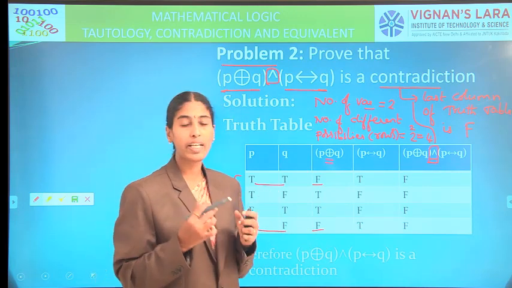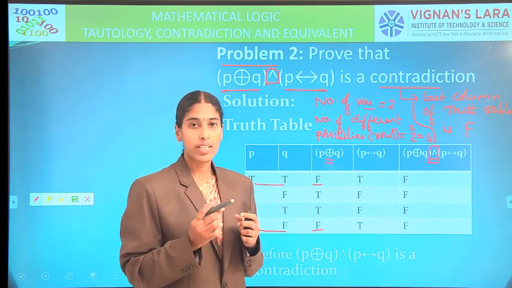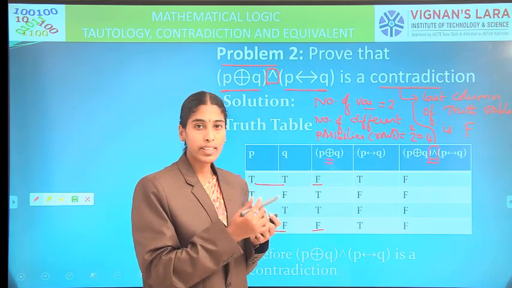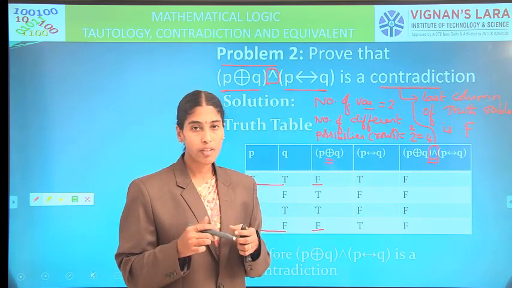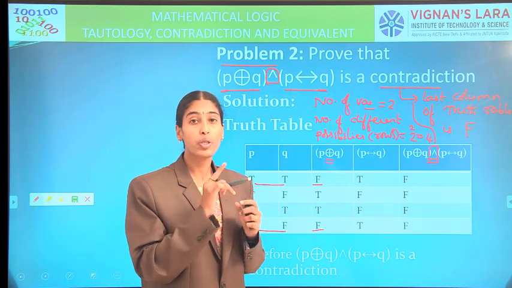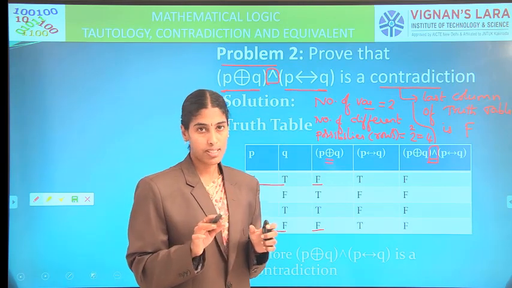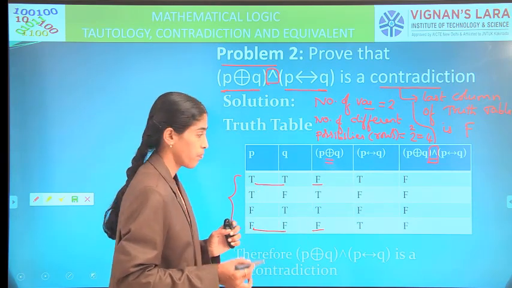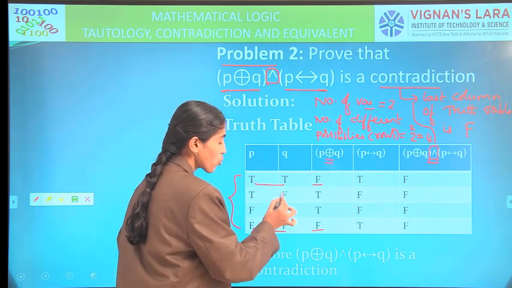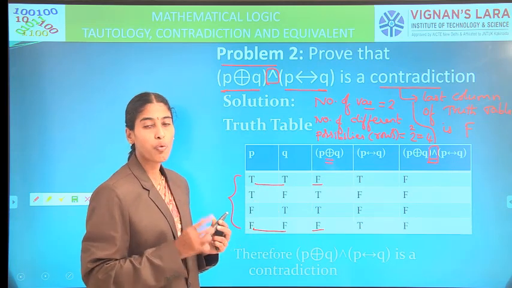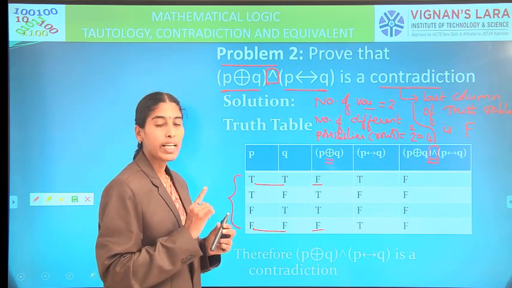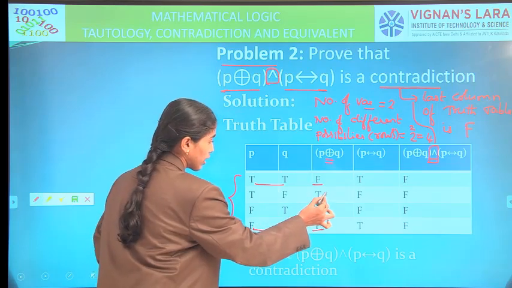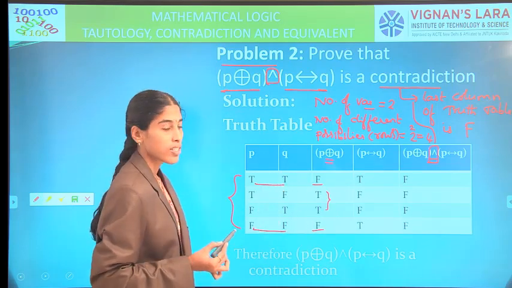Already while explaining exclusive OR, I gave one example. Suppose your mom asks whether you want either tea or coffee, then our requirement is only one thing, we don't ask for both. So the TT case is F, the FF case is F. In TF or FT, if only one thing, any one is true, then the result is true. So in these two cases, it is true.